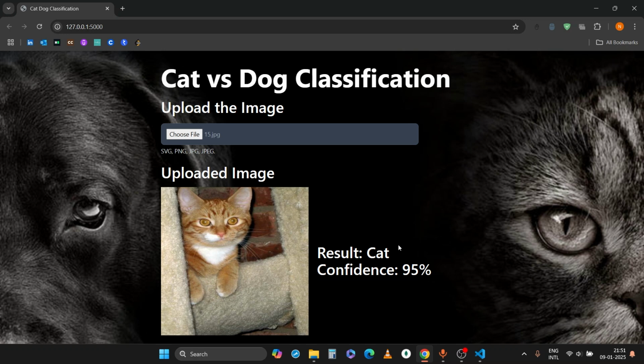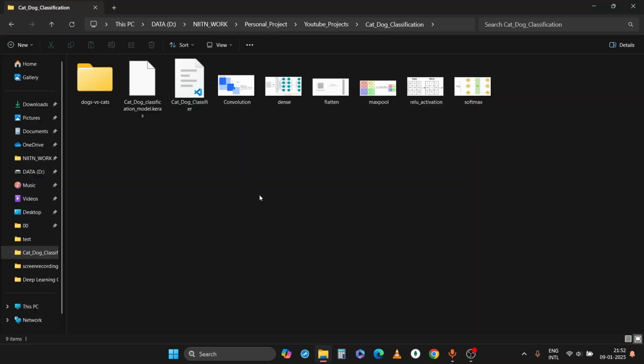So we are going to make this project using Flask for the web app, TensorFlow as the framework, and a Pandas data frame for the training purposes. Let's begin our project. So here, this is a directory where we will code for our training and making a model of cat and dog classification. This is a dataset